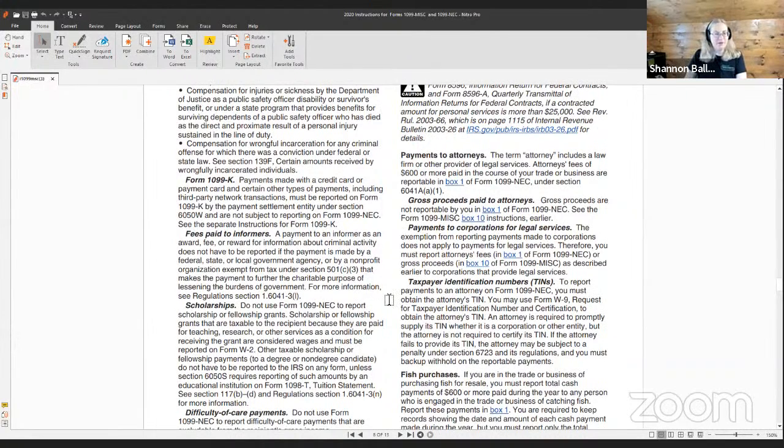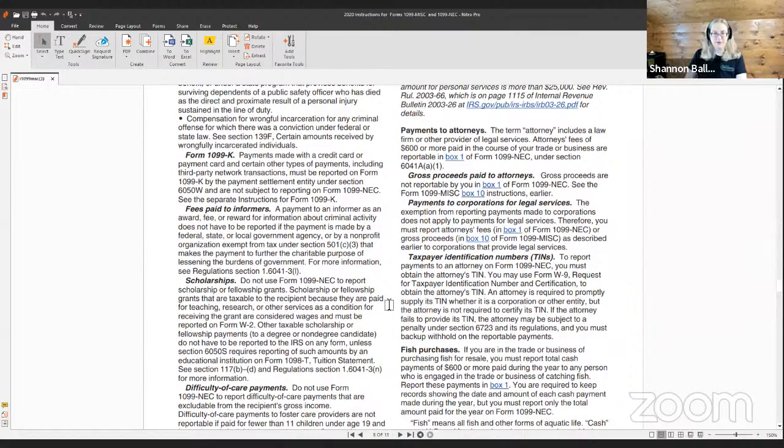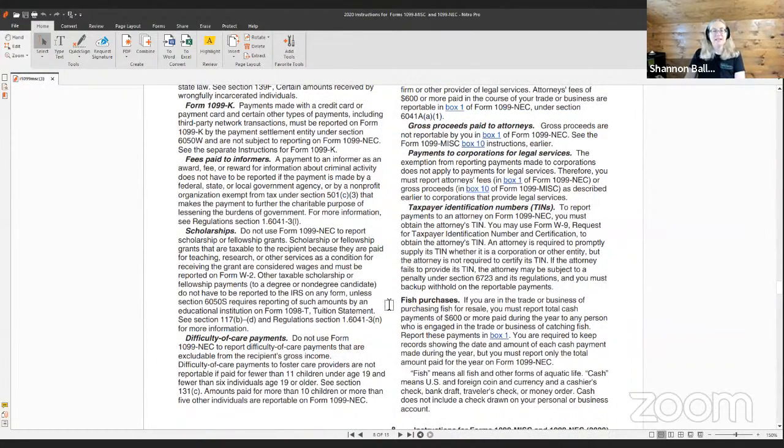Fees paid to informers. A payment to an informer is an award, fee, or reward for information about criminal activity and does not have to be reported if the payment is made by a federal, state, or local government agency or by a nonprofit organization exempt from tax under Section 501(c)(3) that makes the payment to further the charitable purpose of lessening the burdens of government. For more information, see Regulation Section